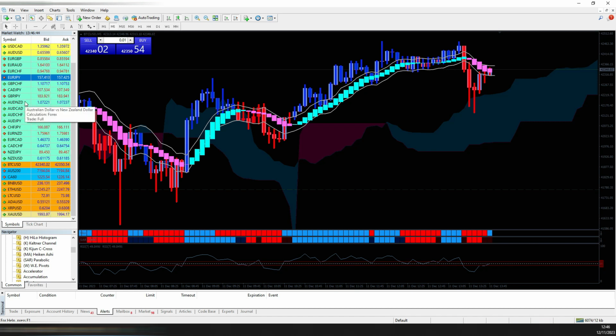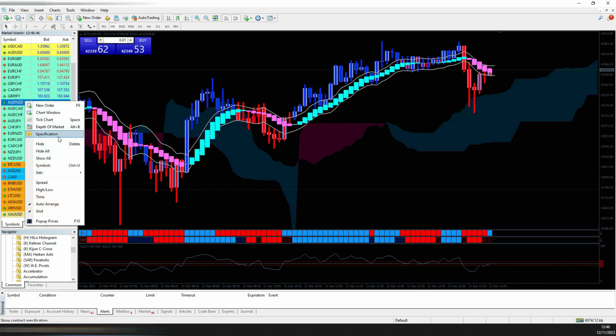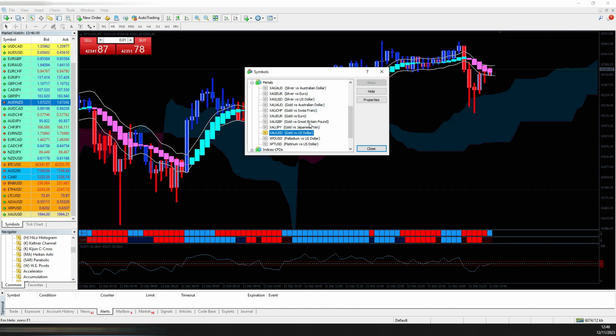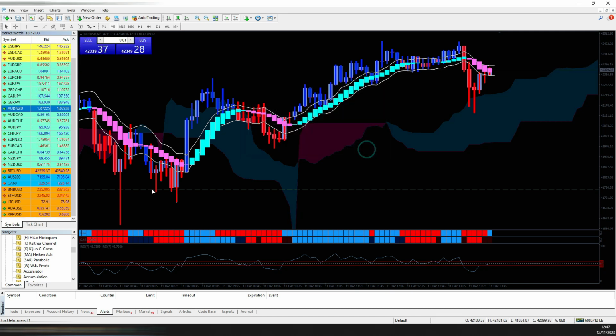If you want to exclude any of the instruments from the symbol list, we are going through the same process. We will use right click to access all symbols. Then we are going to find the instrument that we want to exclude, left click on that instrument, then click hide. After we close the window, the instrument that we picked, in this case gold, just disappears